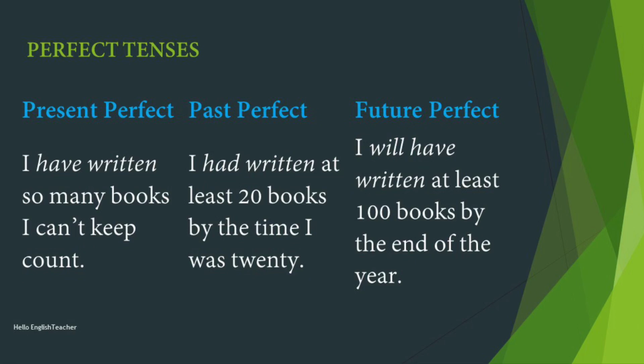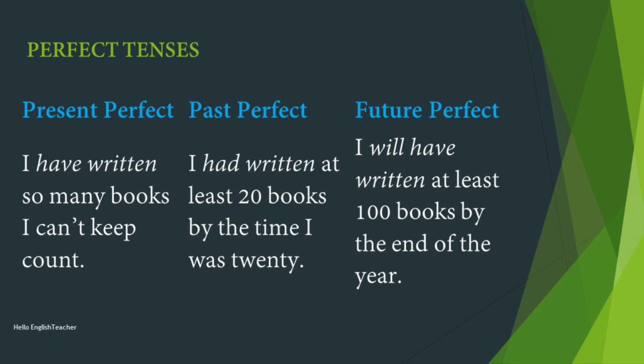So, how do we use the present perfect tense? The present perfect tense is usually used to show an action that has taken place once or many times before now. That means the present perfect tense is about an action at an unspecified time before now. So, you must consider that moment now. Whatever has happened before now can be written in the present perfect tense. With examples I shall explain it to you.